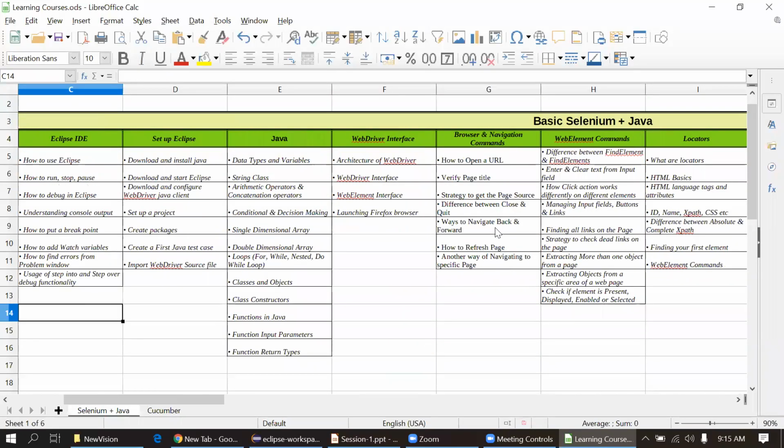Actually, the core Java is sufficient for the automation. So we are not going for the advanced Java at all. Okay. So as Shri said, we are going to cover the collections part like a hash map, list, and set. So it will help you to store data and use it somewhere else easily. So collection is the advanced part actually that I'm going to cover. Okay, that is about the Java.